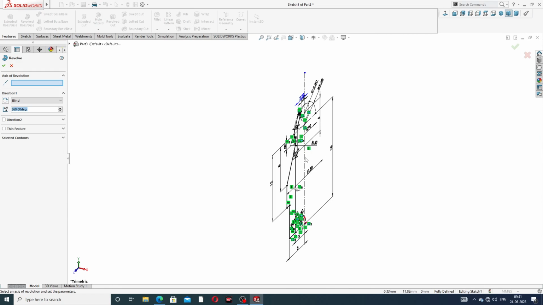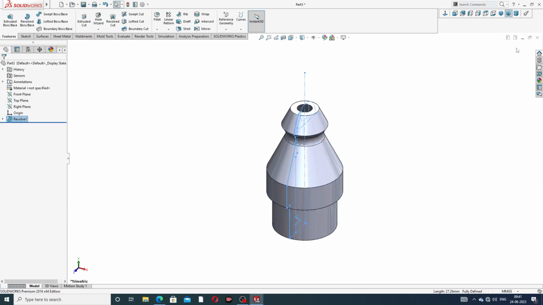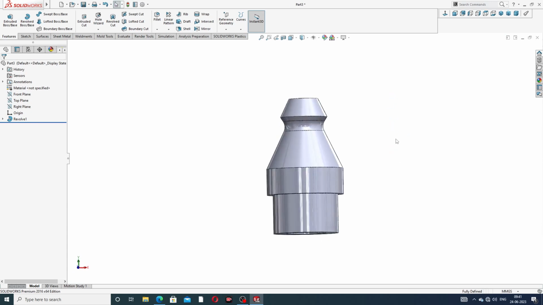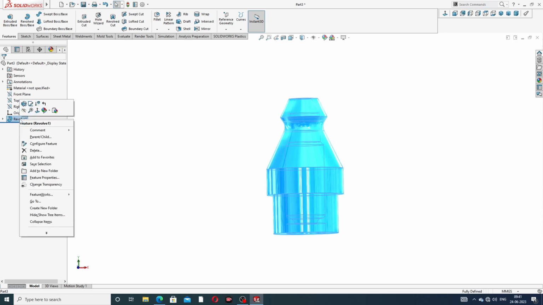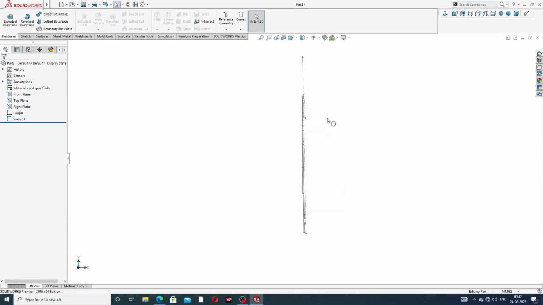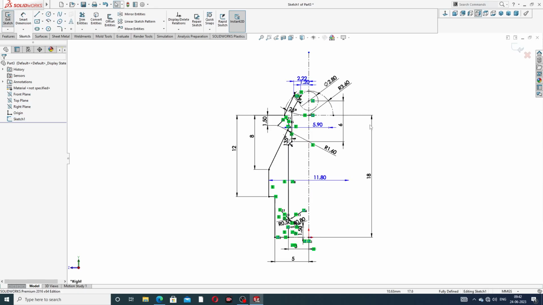boss and select this. Okay, and next, this revolve boss base is deleted here, and some value is edited here, and okay,